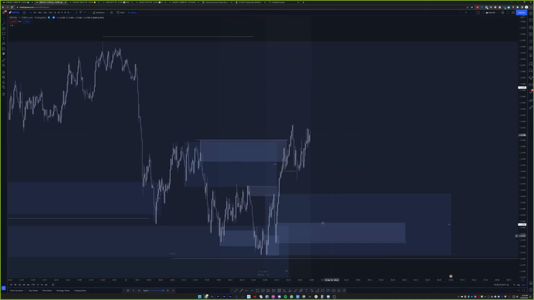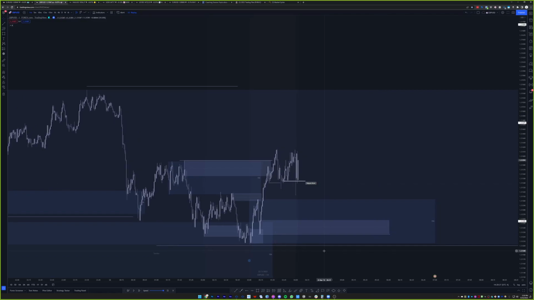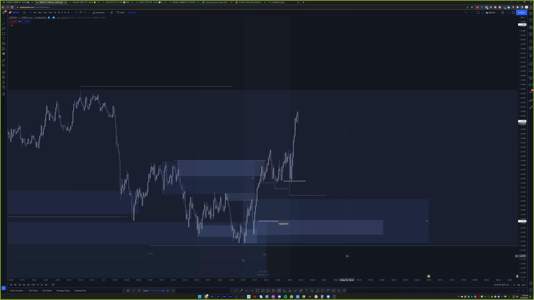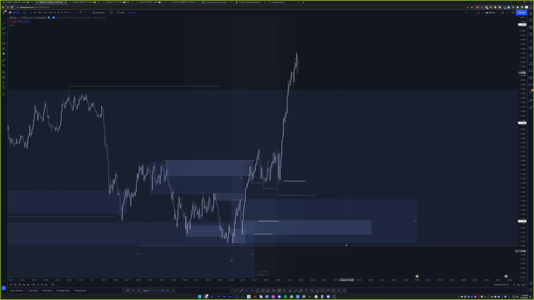Okay, good. We've now closed above. Now we can start paying attention to this POI, and to me, this is where I'm actually going to start taking it seriously, right? I would mark that zone. Miguel, on this decisional, you just would enter on it if you see some liquidity being built on it, right? Yes, exactly, there's liquidity above. Else I would now wait. It's qualified, but now it's running, so I don't think there's an entry. There's no valid entry here for me, and price never came here.